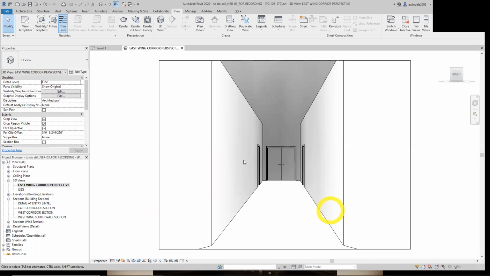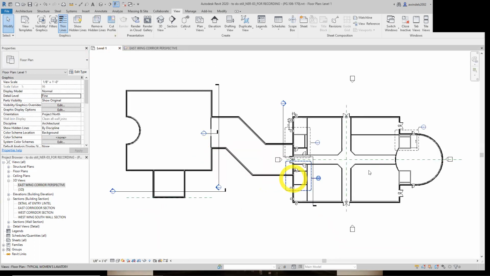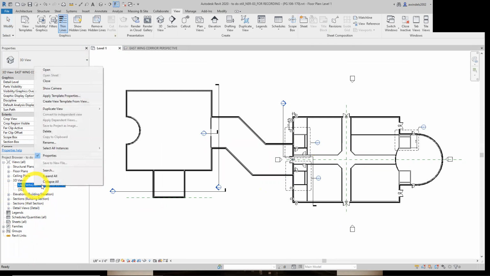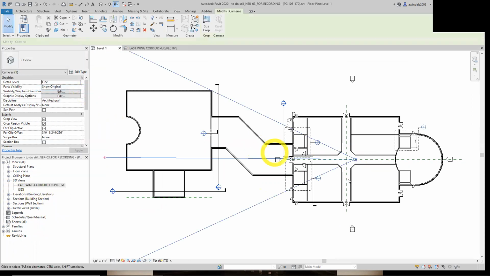Now to modify camera, it's not as obvious. It doesn't show here as an icon because it's not a typical view of architecture. So we'll start by going to floor plan 1. Now, let's go back to that view I made. It's in our 3D views from the camera and say, show camera just for a minute and see where it is. And now we can move it around, edit it,